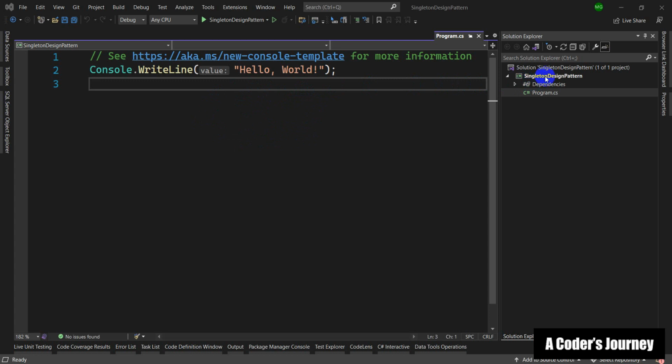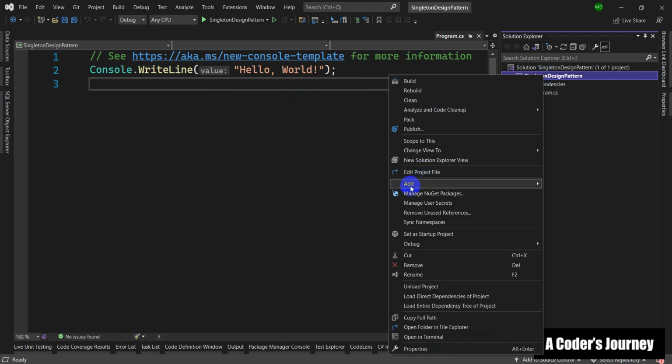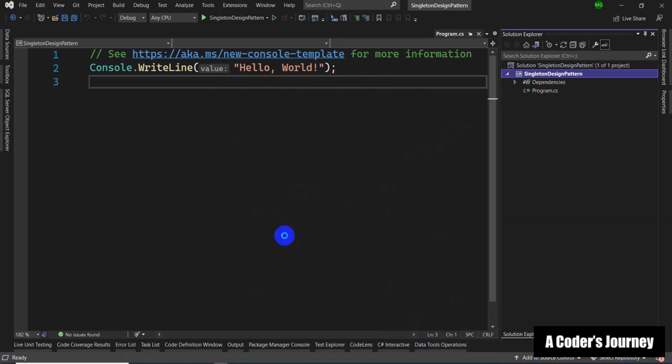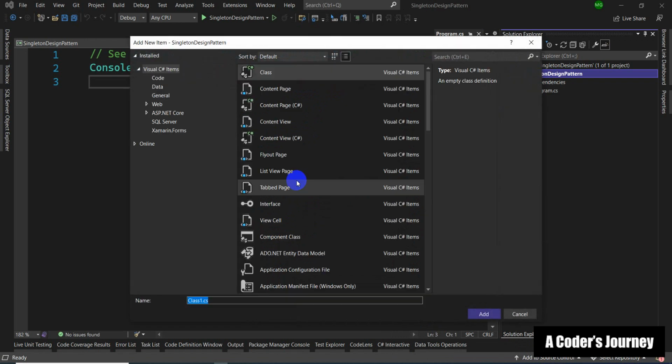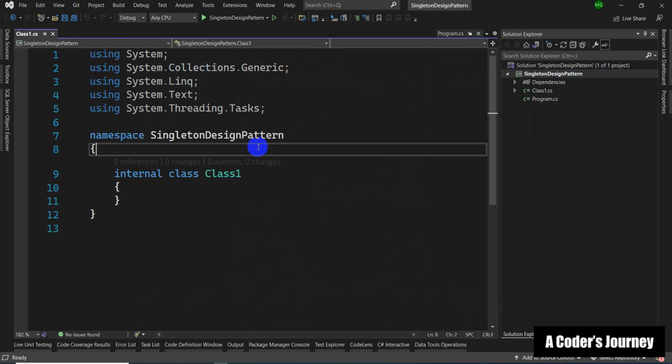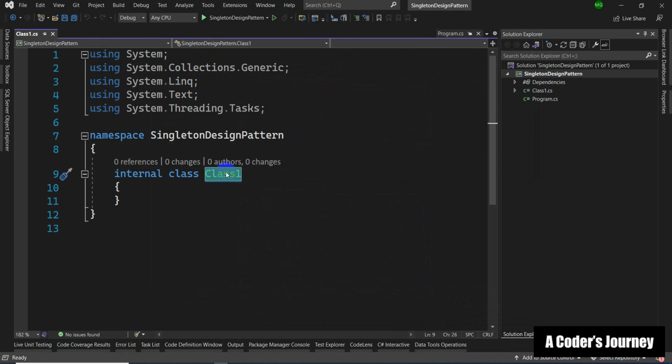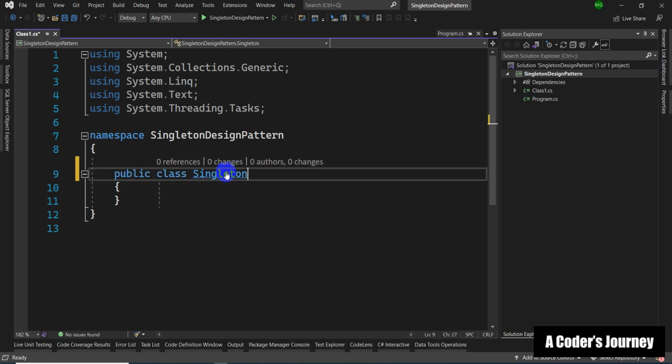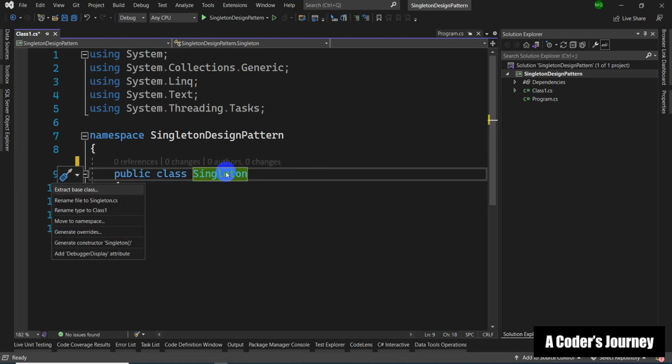In order to create a Singleton class, I'm going to first off add a new class, right? So I'm going to call this Class1. And then I'm going to rename it. Let me rename this. I'm going to make this class public. I'm going to rename the file to